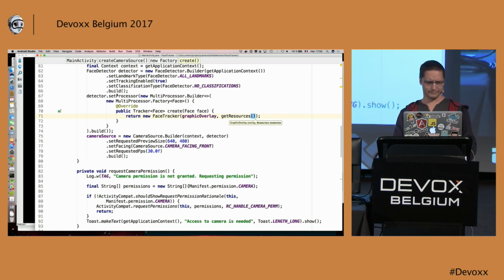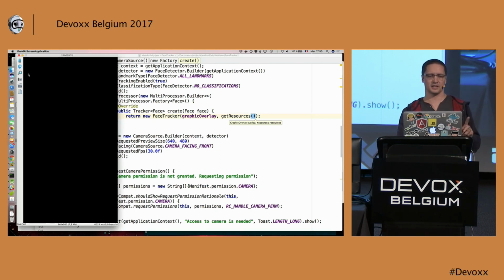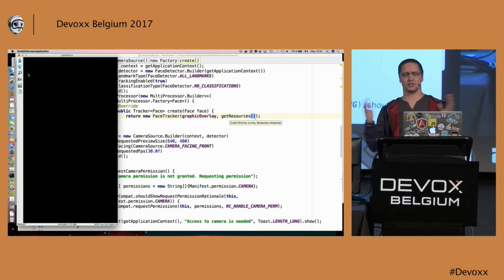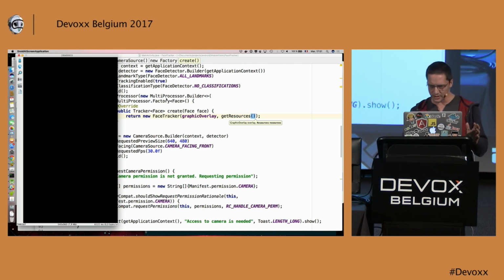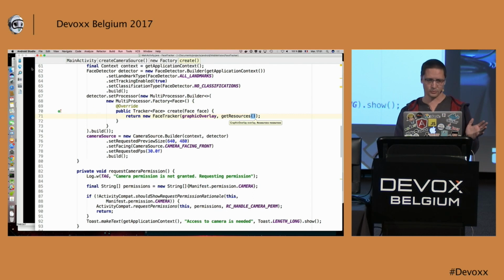Come on, no. It's stuck. No. Oh, come on. Demo God. So I will try something. I've got another application which uses the same things, which is just a bit more evolved, because I don't know where my Android Studio has gone. It just didn't like what I did.